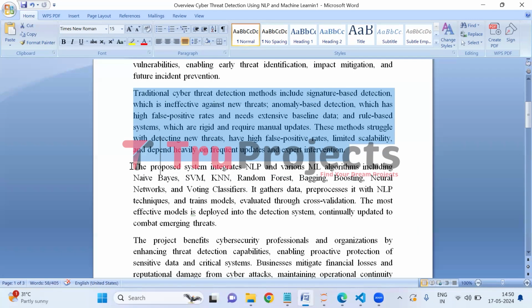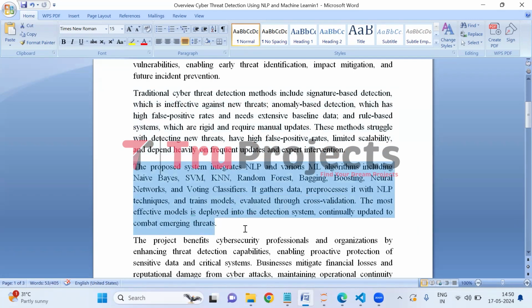The proposed system utilizes NLP and machine learning algorithms like Naive Bayes, SVM (support vector machine), KNN (K-nearest neighbor), random forest, bagging classifier, boosting classifier, neural networks, and voting classifier for cyber threat detection. It gathers and pre-processes data, trains models with cross-validation, and deploys the most effective ones in the detection system, updated